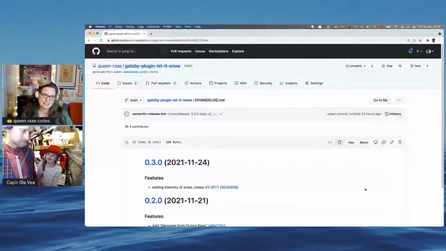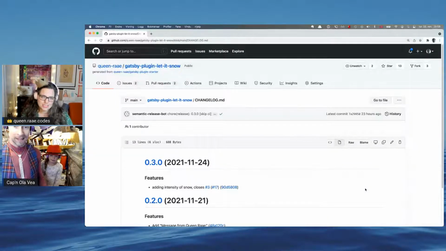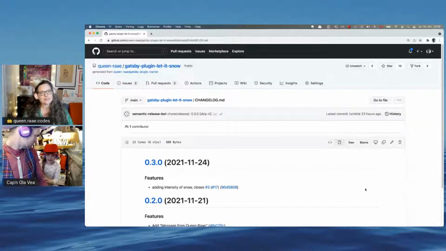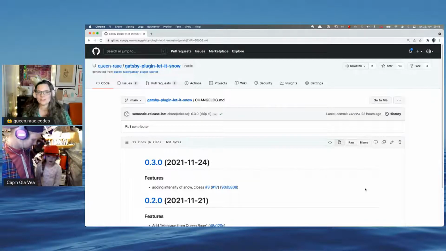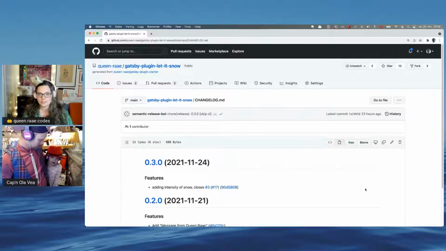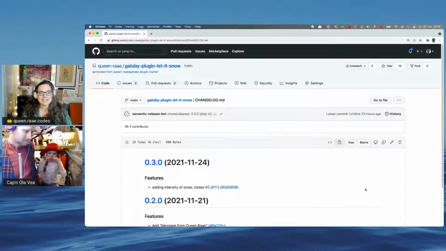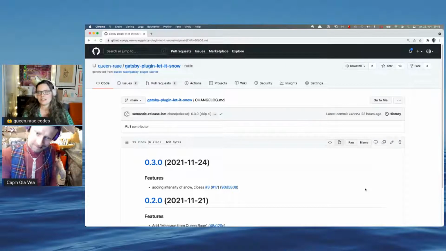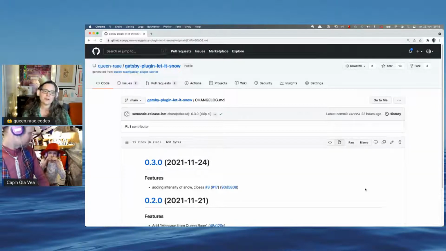But I was doing something new on the donations repo because I'm trying to figure out the best flow for these plugins, because I want to make a lot of these plugins. And if I'm going to make a lot of them, I don't want to manually release all of them. And I want people to be able to contribute like Inessa did yesterday and have that change be out as fast as possible. Yeah. So I think that is super cool,